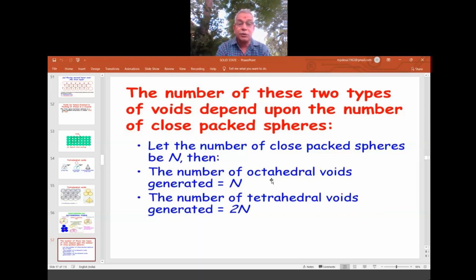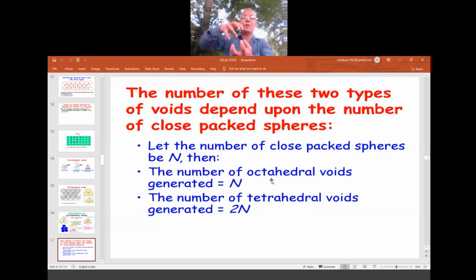So what is the conclusion? What is the observation they have made? Whenever we have 100 spheres in a particular structure, how many octahedral voids are created or generated? It is the same. Okay, so 100 or 1000, just for example I am taking 100, because when you go to 1 mole, no, 1 mole is 6.02, that lakhs together.